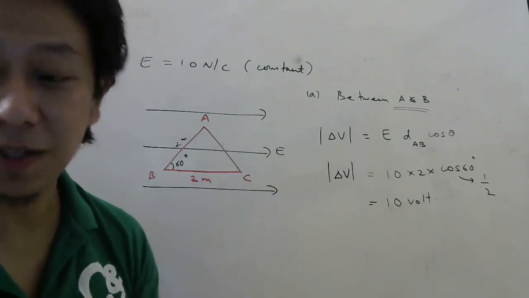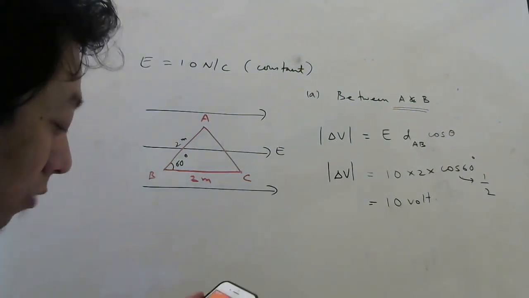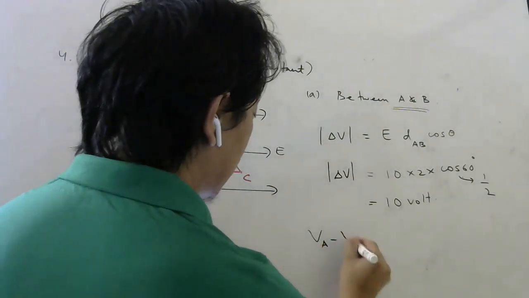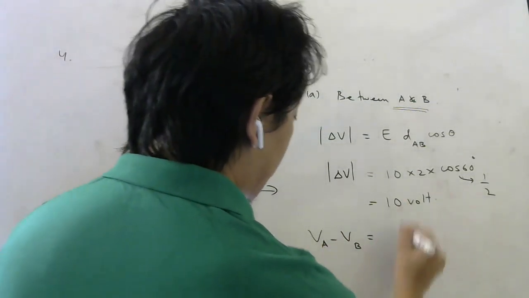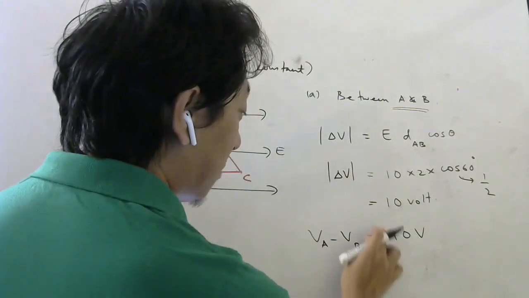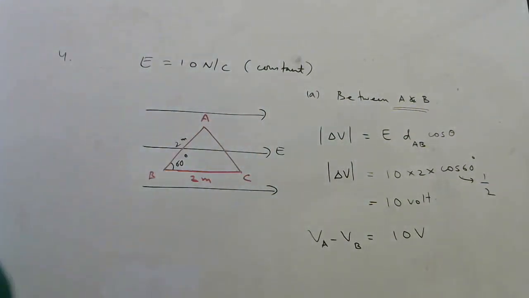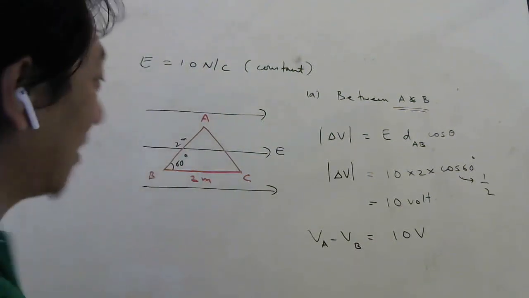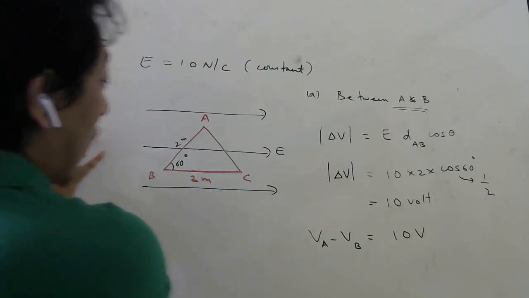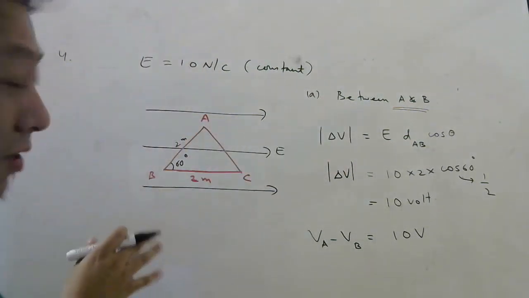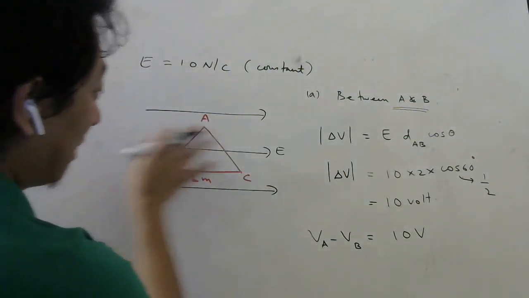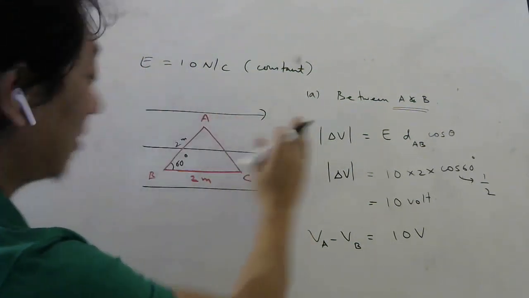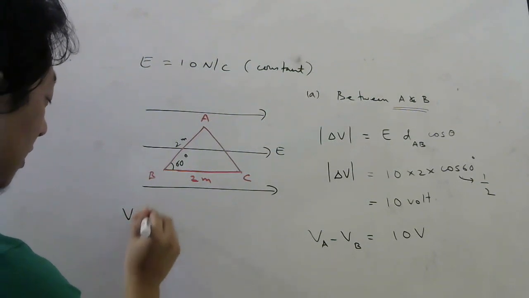So the difference we found between these two points is the potential difference. Now let us check what they want: VA minus VB or VB minus VA. They want VA minus VB. So the number difference is 10, I know. The question is, should I write plus or minus? I told you how to decide; the sign you can easily decide. Look here. Electric field is always from higher potential to lower potential. So first I touch point B, then I touch point A. If I go like this, along the electric field, this must be at higher potential than this.